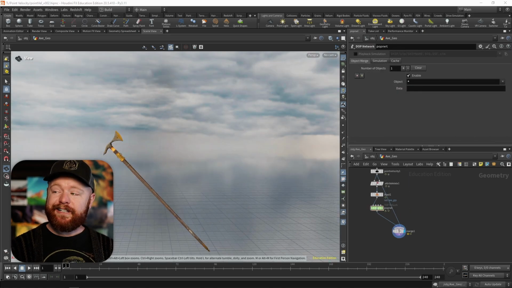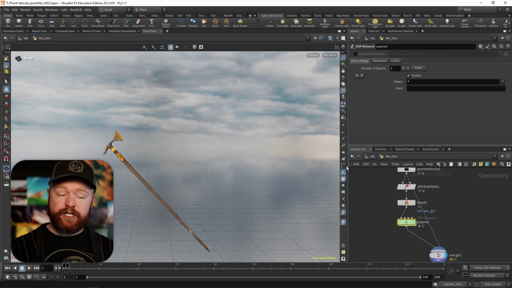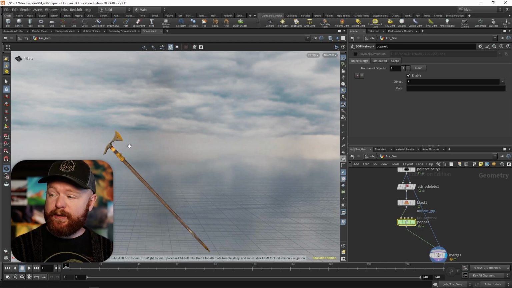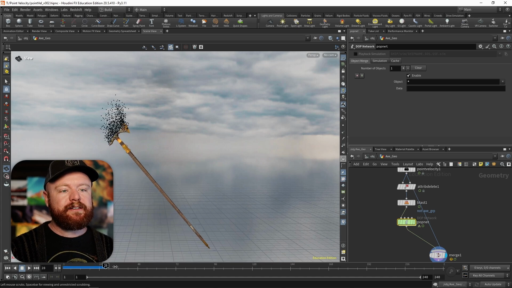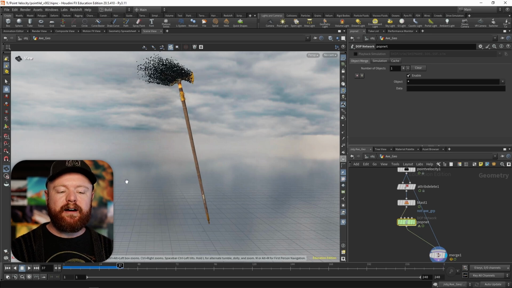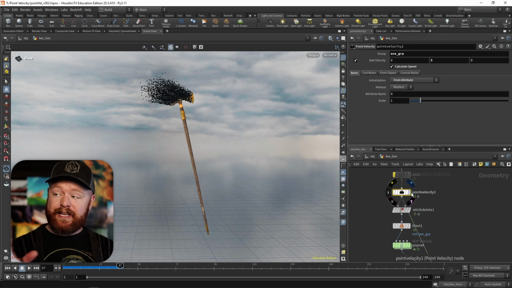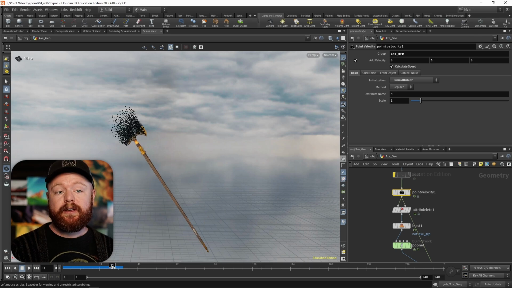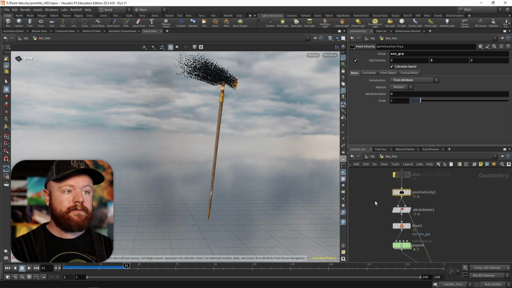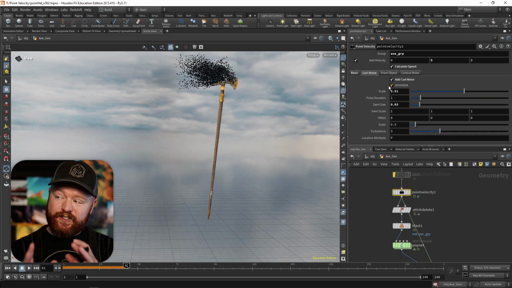Let's now take a look at something more fun and practical with what you can do with the point velocity node. Here I have a particle simulation. It's isolated just to the blade of the axe. And after a little while here, particles begin to spawn, and the initial movement of those particles is determined by this point velocity. So the velocity goes into the pop solver. The pop solver recognizes that, and then when it spawns particles, the movement follows that direction. So as we change things with, let's say, the curl noise, we can then break up this pattern in interesting